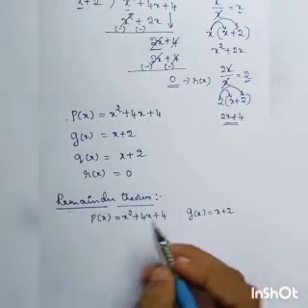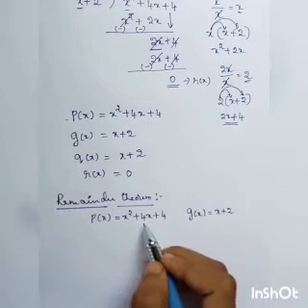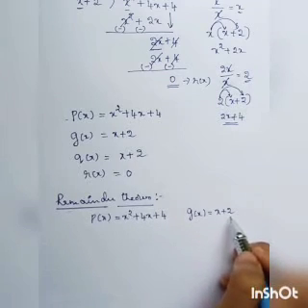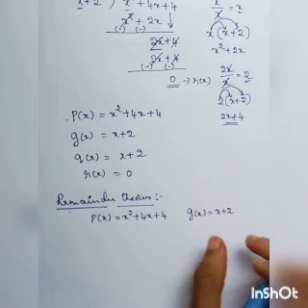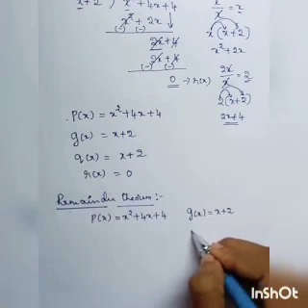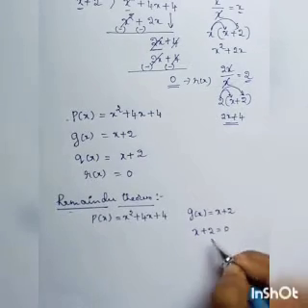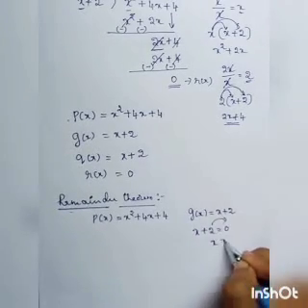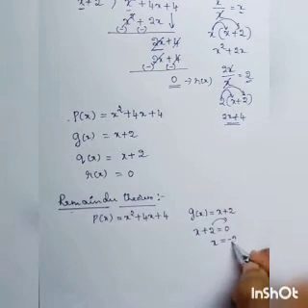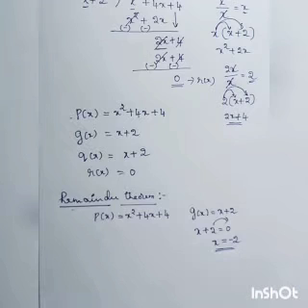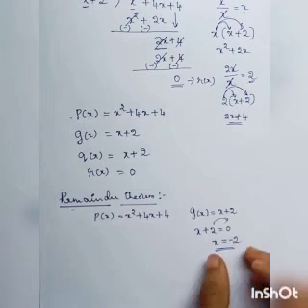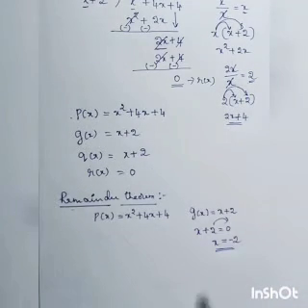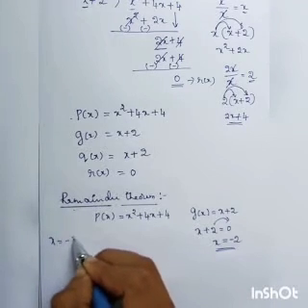In the remainder theorem, P of x is x square plus 4x plus 4 and g of x is x plus 2. What do we have to do here? We take the divisor as 0. x plus 2 is equal to 0, and x is equal to minus 2 when you transpose plus 2, it becomes minus 2, correct? The same way we solved finding the value of a polynomial, where we substituted the x value. In the same way, here the x value is minus 2. We substitute the variable value in the given polynomial, students.